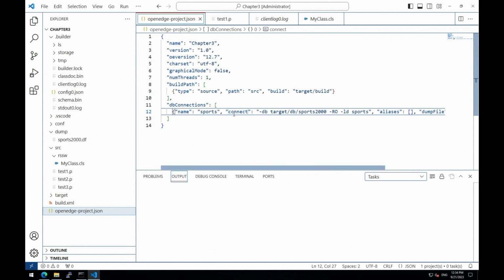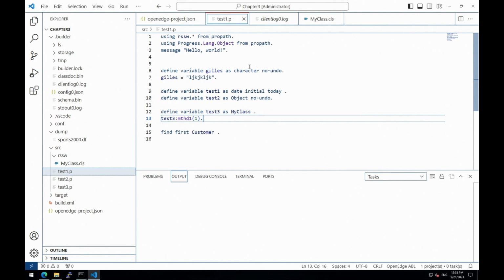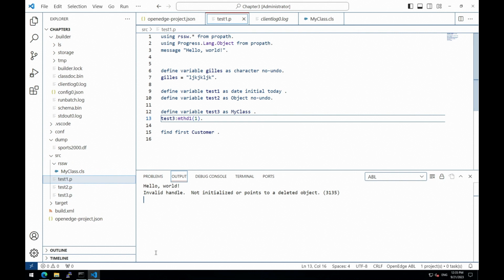So here we have the build path database connection. We can execute things. So by default, if you click F2, that will execute the local procedure. This is the same as what you have in the procedure editor. This is most likely not to be useful. The reason is that that will reuse the database connections that are configured in your OpenEdge project.properties. So this means that you will execute your application with empty databases where you just have the schema.